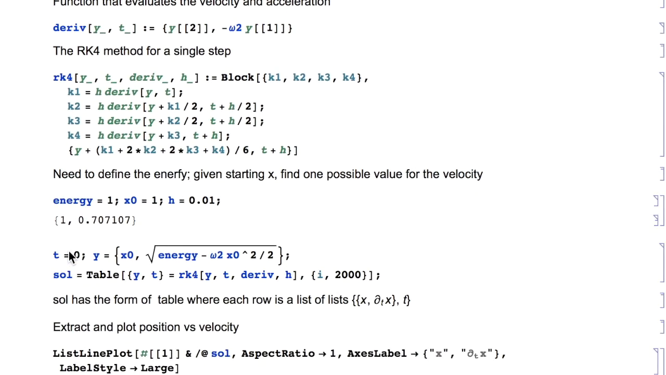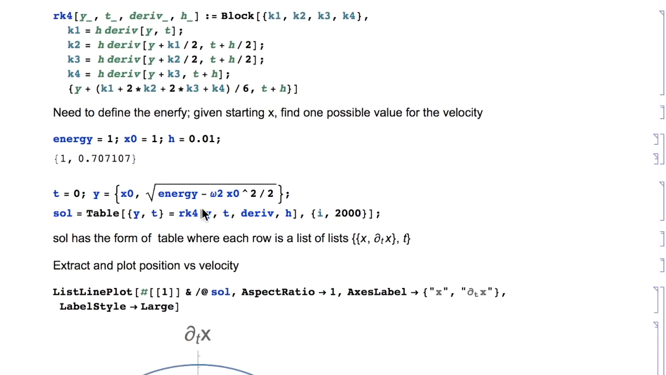Then the next thing we do, we define the energy. We take an energy of 1 in this case. We take the starting position x naught equal to 1. We take h equal to 0.01, and that's perfectly a sensible thing to do. Then we start at time 0. We define y, which is our vector, which is x naught, and we use the energy expression to find one of the two allowed values of the velocity. We choose the positive one in this case,